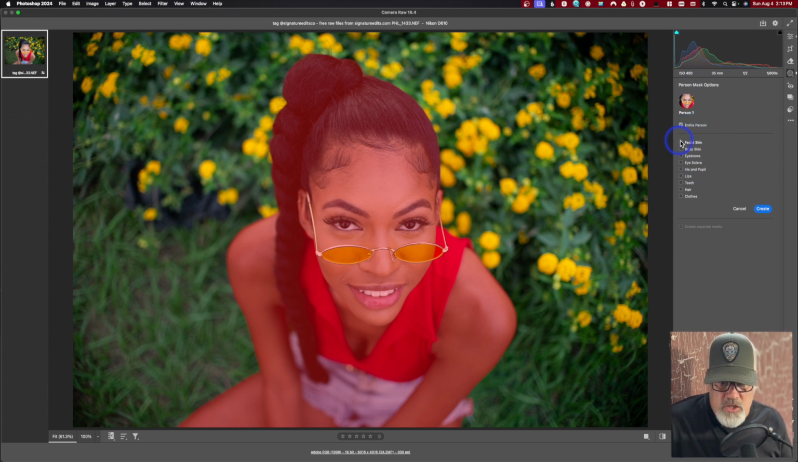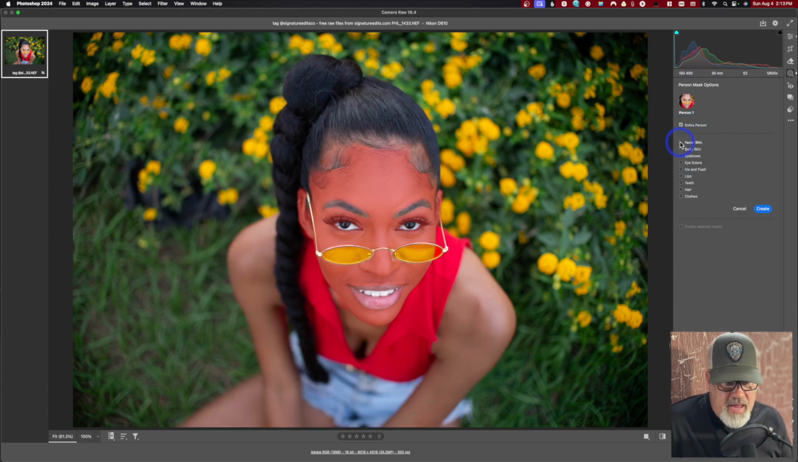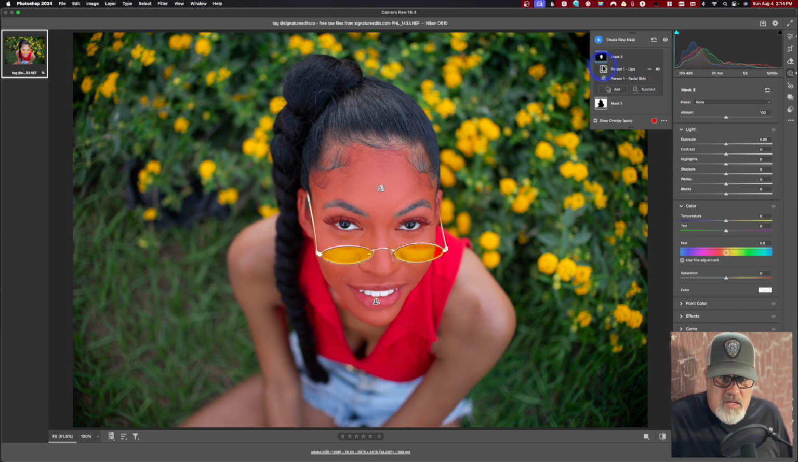But if I want to turn that off, I can say, hey, I just want the skin. Okay. And maybe the body skin or the eyebrows or the whites of the eye or the iris and pupil, the lips, the teeth, the hair, and the clothes. So in this one, I just want to darken this bright area of the skin on her face and maybe her lips. So we'll click the lips. Okay. So I've got two separate areas and we're going to hit create